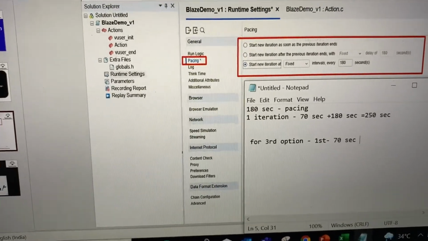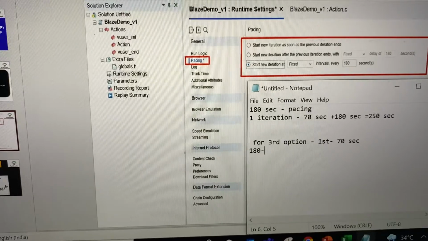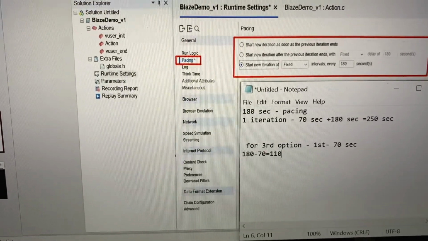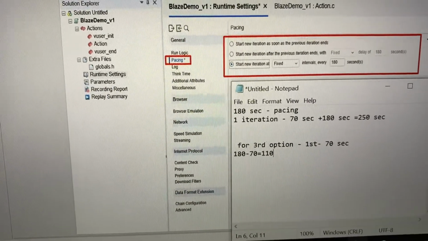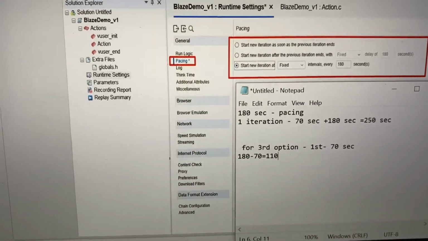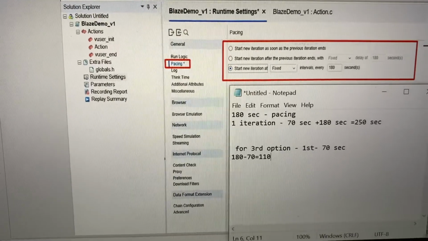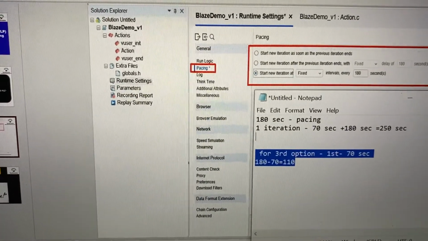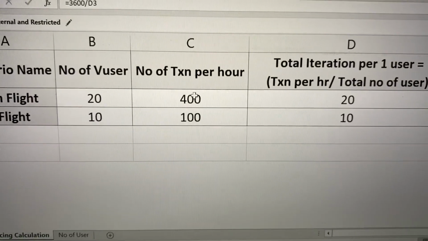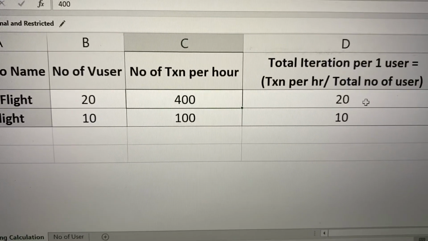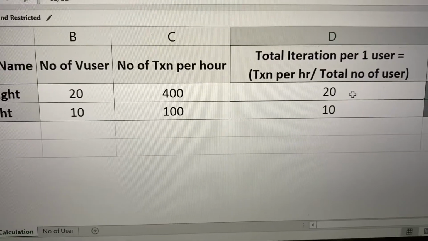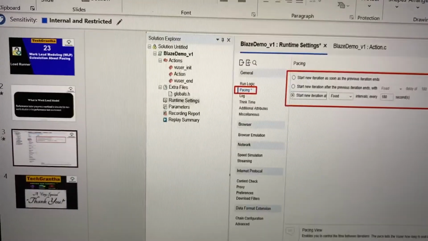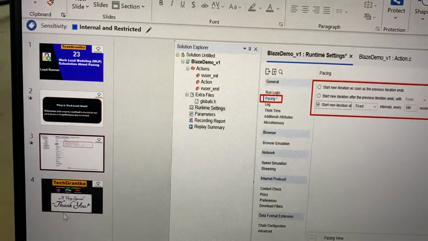So 180 minus 70 equals 110. For the next iteration it will wait only 110 seconds, and after 110 seconds it will go for the next iteration. So you will achieve the appropriate count: for 400 transactions per hour, for one user you will achieve 20.